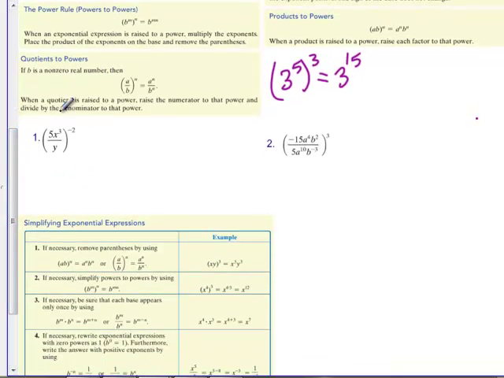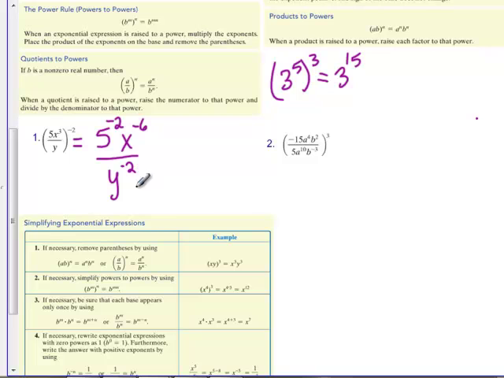All right, so for number 1 here, we have 5x cubed over y to the negative 2 power. So we're going to show one of these in action. This negative 2, what happens to it? Yeah, we're distributing it in there, right? So we have 5, and then do I have a power here or not? Yes. That's the power people miss. And then x to the what? Yep, over y to the